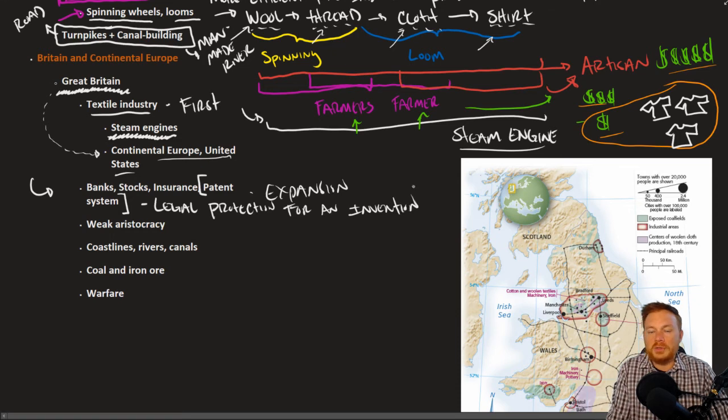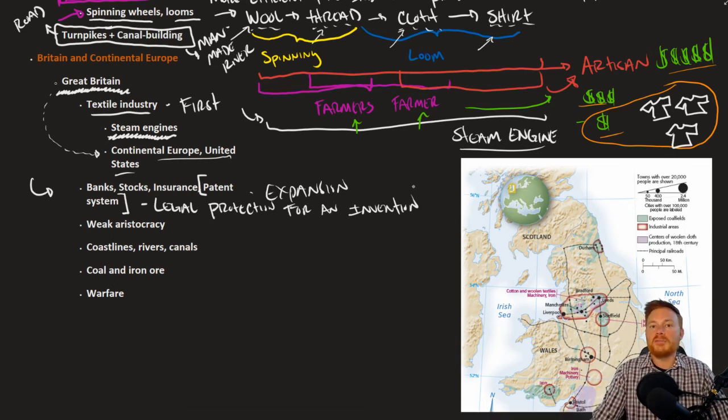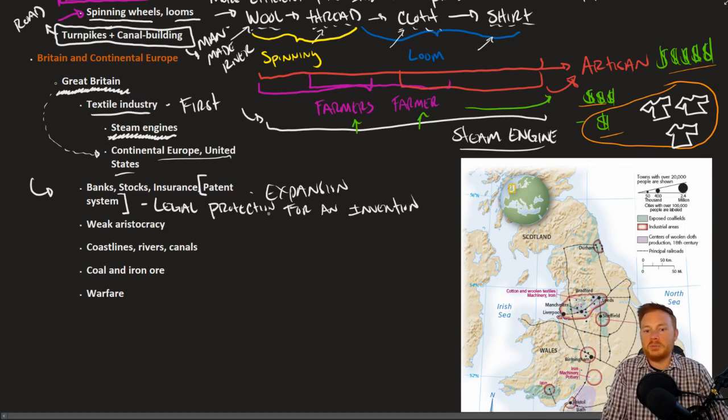So for example, if you invent something, then filing for a patent means the government will protect that invention and you can profit off it. So knowing that you can make it rich essentially by creating new inventions, that gives people the incentive, right, to invent. Whereas if it was very easy for somebody just to steal your idea, why invent in the first place? Because somebody's probably going to steal it and make money off of your hard work. So this was something that was perhaps unique to Britain, but not exclusive, as there are patent laws in other nations. But the system of finance, banks, stock markets, insurance, all of these things, back in the